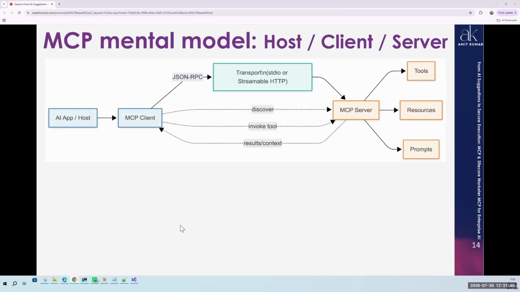So if you see here, a JSON RPC, or JSON remote procedure call, is made over the transport or streamable HTTP, and then the MCP tools will be discovered. Like the example I was giving, create a component, or if you are utilizing the Figma MCP server and you want a screenshot of your page, you will say give me the screenshot of this website.